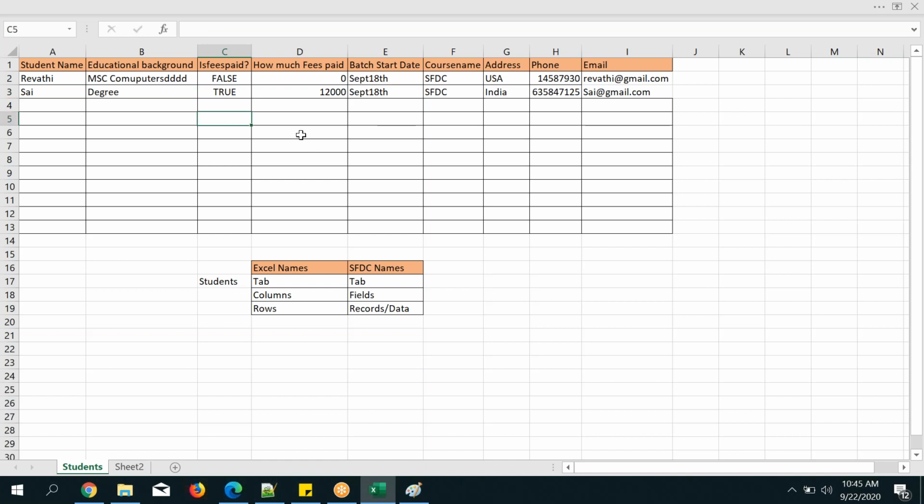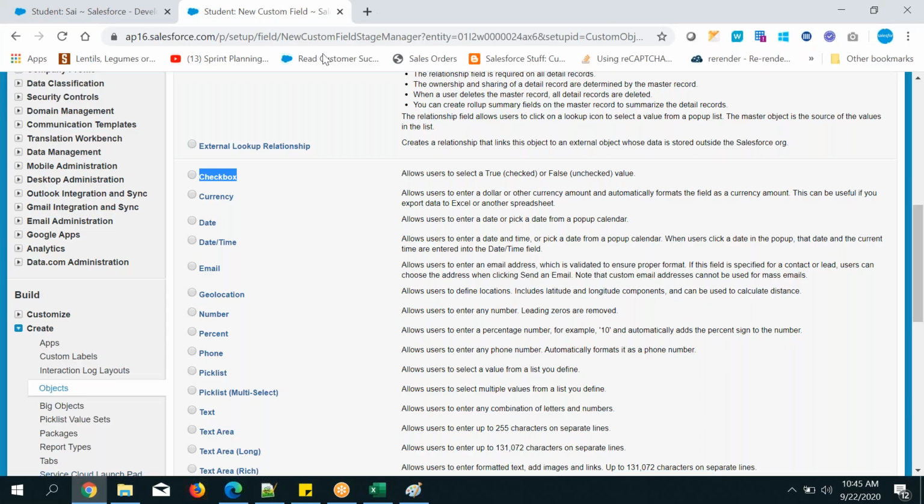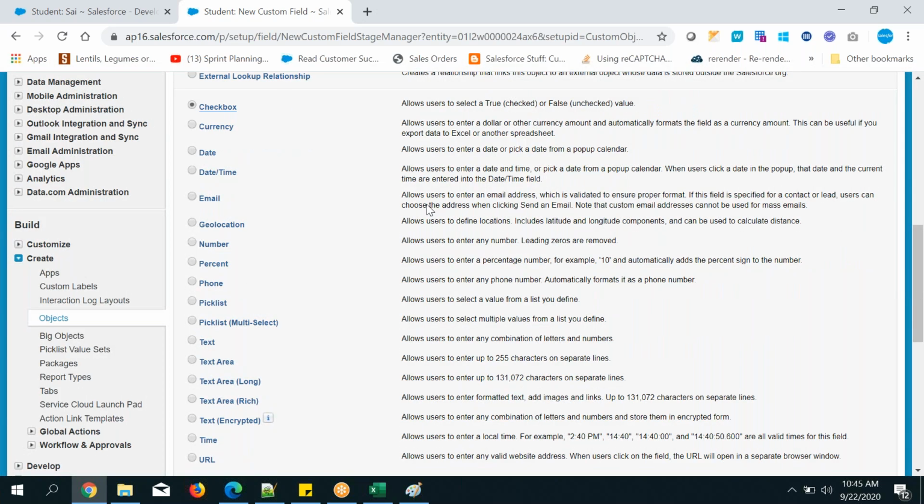Is fees paid, true or false. To save this kind of thing, which one can we use, guys? Checkbox. If you check it, it is true. If you uncheck it, it is false, right? That's what you can use checkbox for.